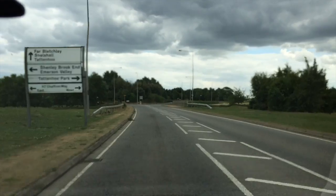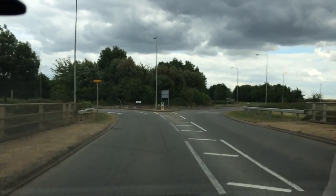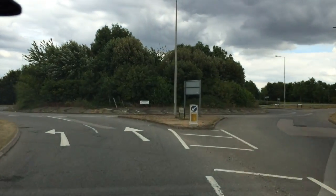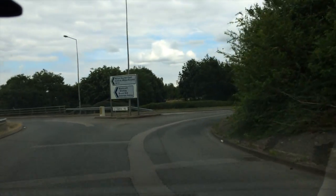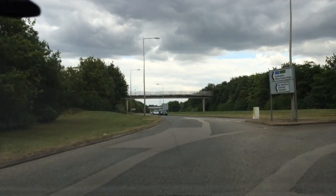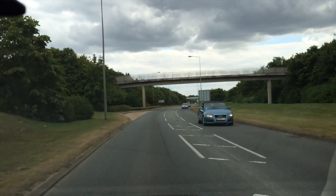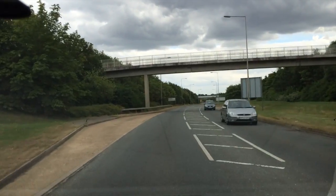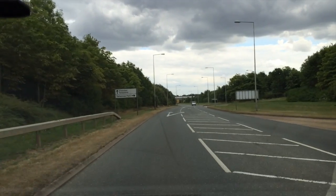If you look ahead of you, you can see the lane markings. It's saying right lane ahead. Checking to your right, slowing down. If you come round quite fast, it's nice and clear. Stick to the right lane, check your mirrors to the left, signalling to come off. Nice and clear. That's the end of your independent driving. Next 5 minutes you get to test centre, but you've got to remember the last 5 minutes are important. Keep your focus, keep things under control, do the right things like you normally do,